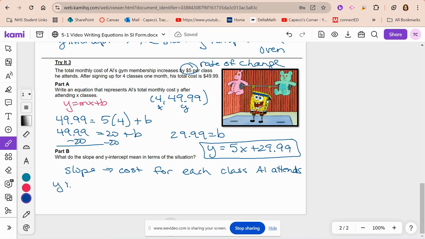Okay, let's take a look at our y-intercept. What does that 29.99 have to be? Remember, that's the starting point. That's the constant. So no matter how many classes we take, we're going to have to pay that 29.99. Well, then that means that that has to be the monthly membership fee, right? A lot of gyms have that. That's usually how they operate, the monthly membership fee. So whether you take 1 class or 5 classes or no classes, you are still going to have to pay that